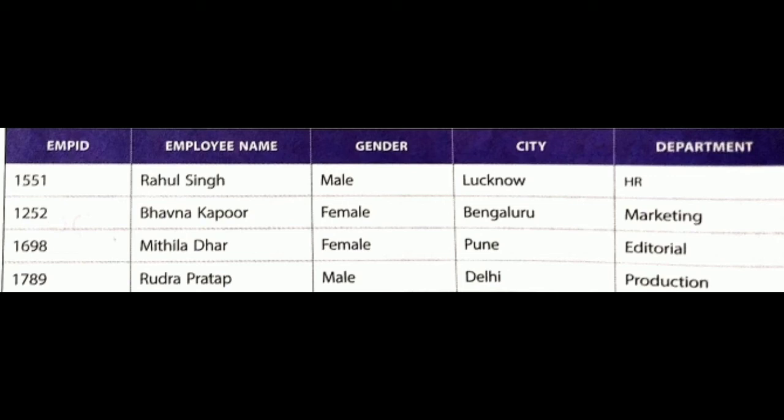Now we are going to study how to change a blank table into an employee table by filling in these details. The first field is the ID field, which is automatically created by Microsoft Access. And now let us study how to enter the data in the rest of the fields: employee name, gender, city, department. Now we are going to see the steps of how to enter data.